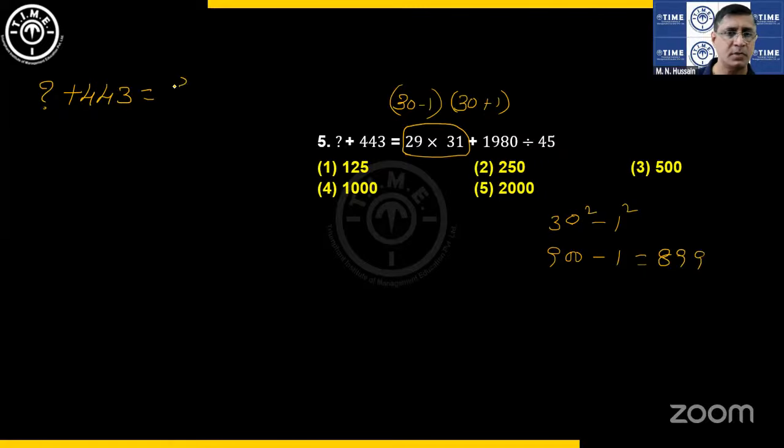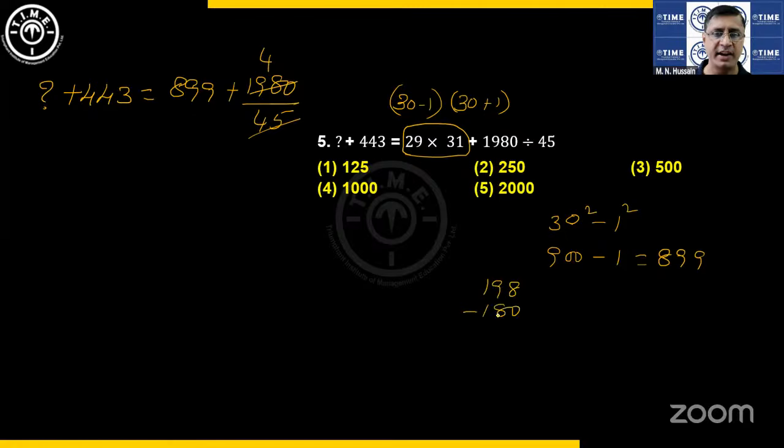899. So 899 plus 1980 by 45. 45 2 times is 90, 4 times is 180. So here it goes how many times? 4 times. So 198 minus 180, left with 18. 0 is left, the remaining digit on the left side. So 1980 means 44 times. On solving this,